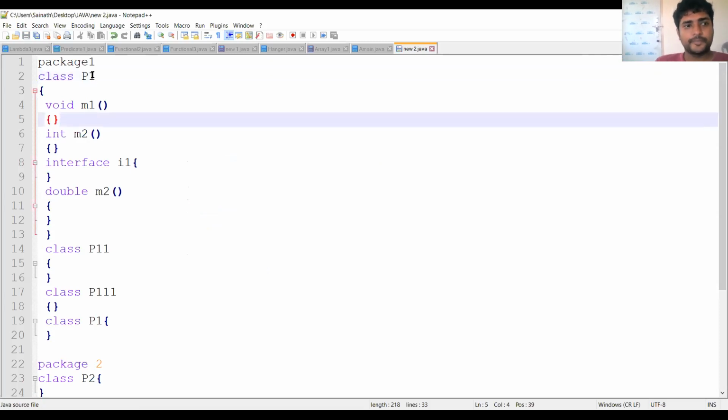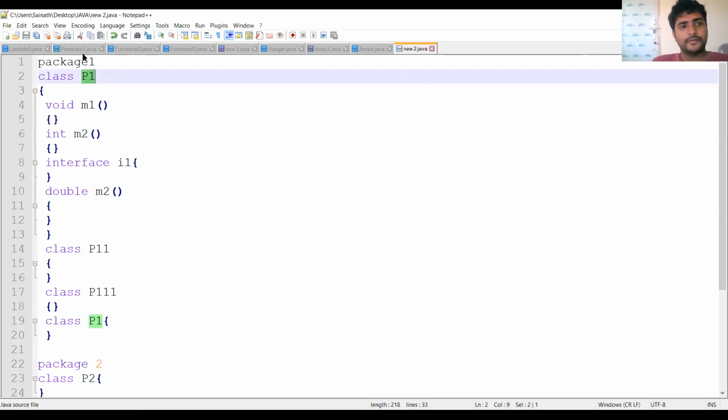So see this one. Package 1 has so many classes, P1, P11, P111 and again P1. So this is not valid.